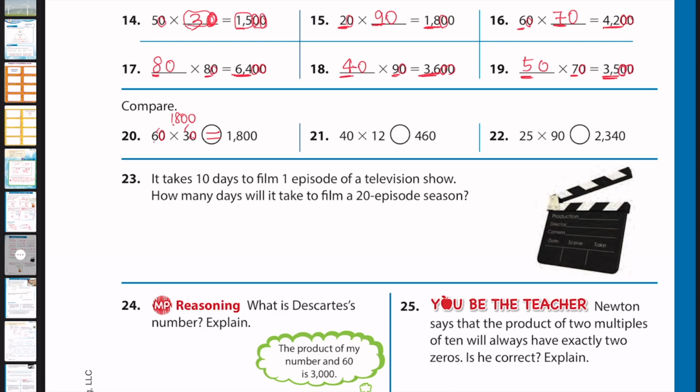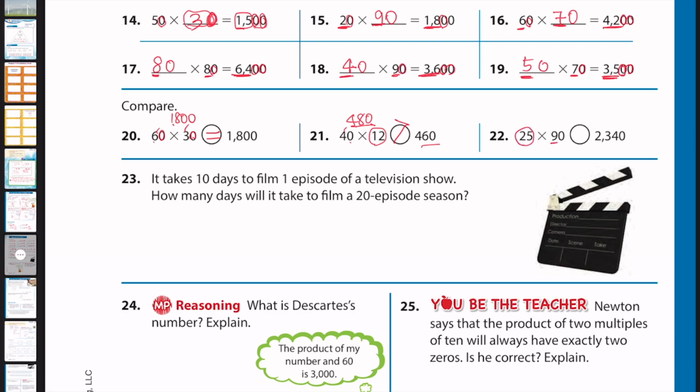And this 40 times 12. I'm going to do what? 4 times 12, which is what? 48. And then I'm going to add one more zero. Compare these two numbers. Yep. Greater sign. So I'm going to do